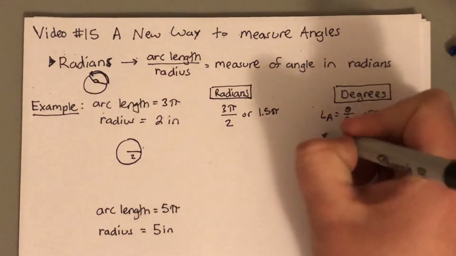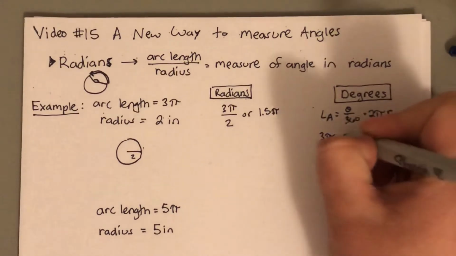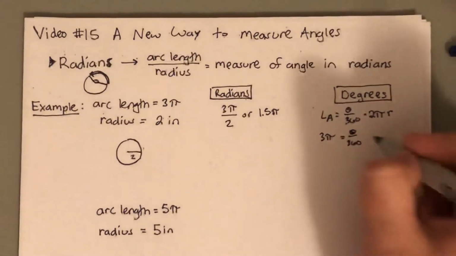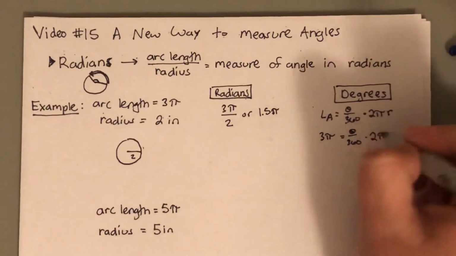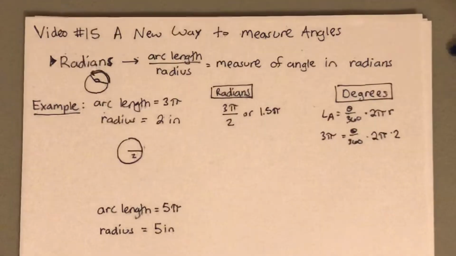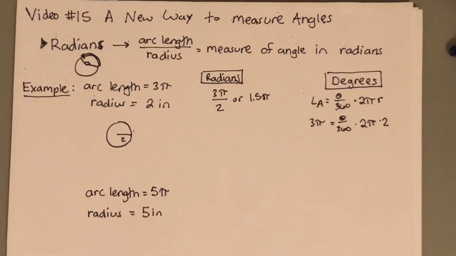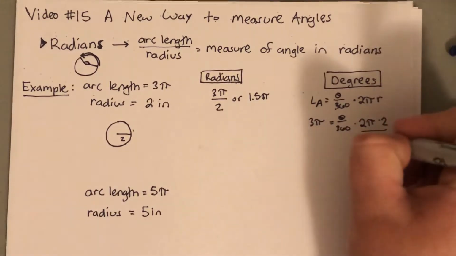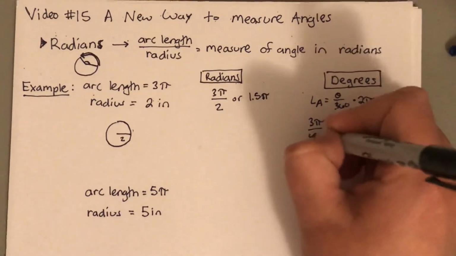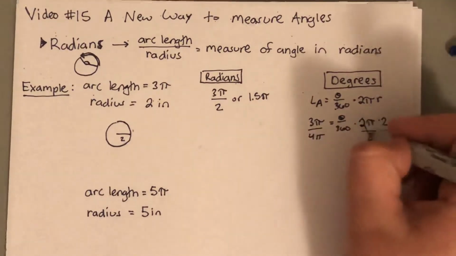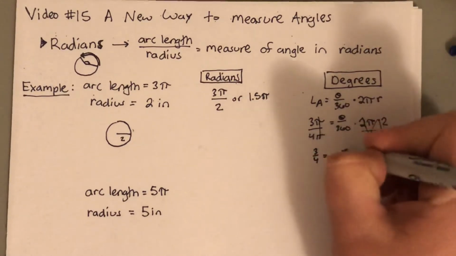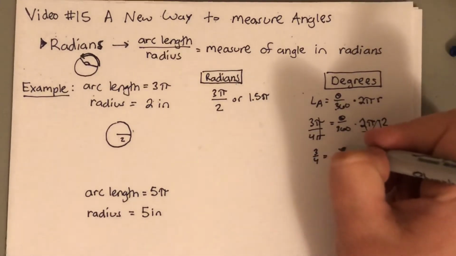So I would say 3 pi, the arc length, equals the central angle, which I don't know yet, over 360 times 2 pi, and the radius is 2. So, I will divide both sides by 4 pi, because 2 times 2 is 4, and the pi's cancel out. So I have 3/4 equals